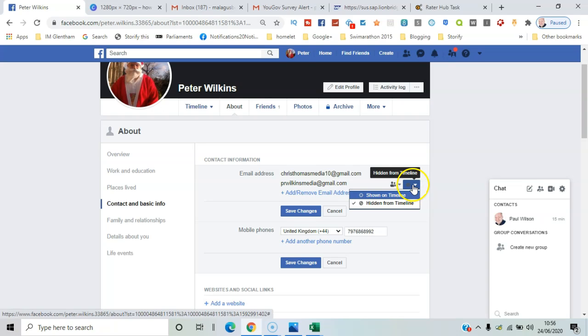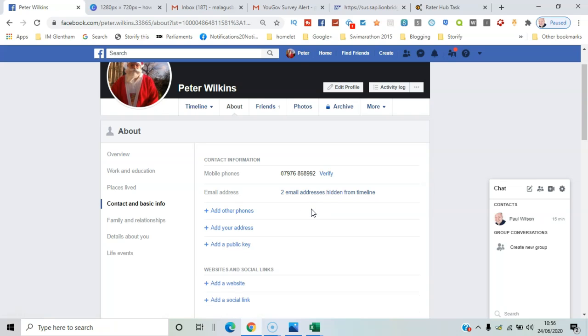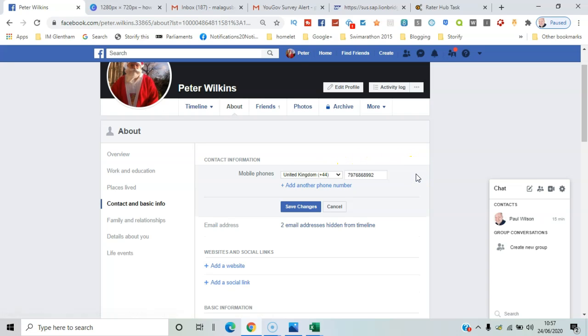Obviously, shown on timeline would be different, and friends isn't the most basic. You can also go to Only Me can see it. That is to be ultra safe, so say save changes, and now they're basically hidden from the timeline, not even visible when they come. The mobile phone is there, you can edit that, and you can make changes to the number,